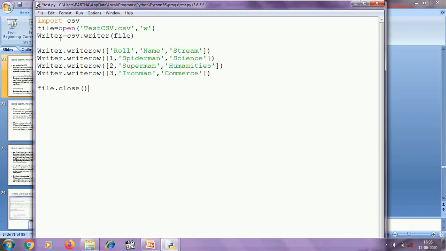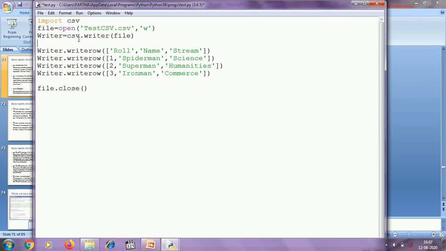So what is happening? At first I am importing the csv module, then I am opening the file in write mode, then I am creating the writer object using the writer function of the csv module. Using the writer function, we are creating an object, and this object has some magical methods using which we can write to the CSV file.